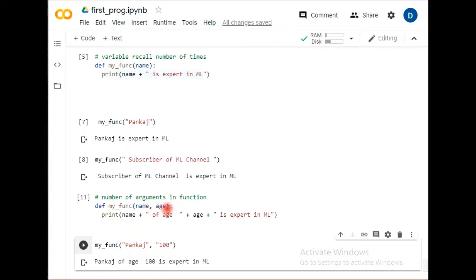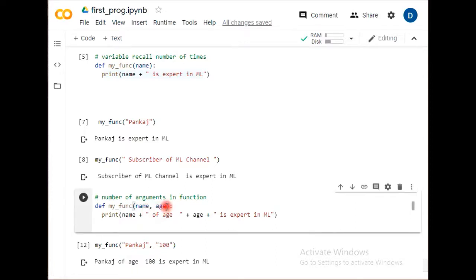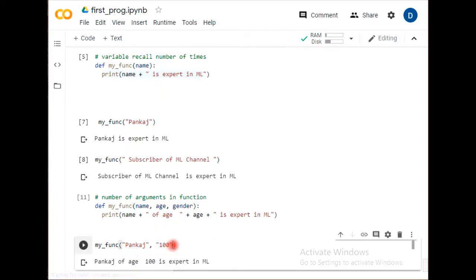Name, age, and the third may also be gender. Just take an example, gender. So instead of varying all this and carrying this Pankaj 100 and gender, I'm taking male. So Pankaj of age is expert in ML.